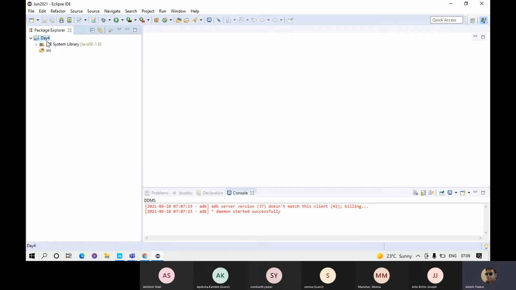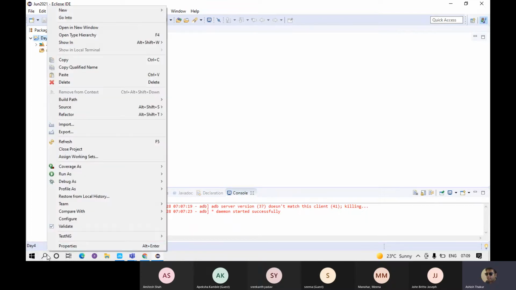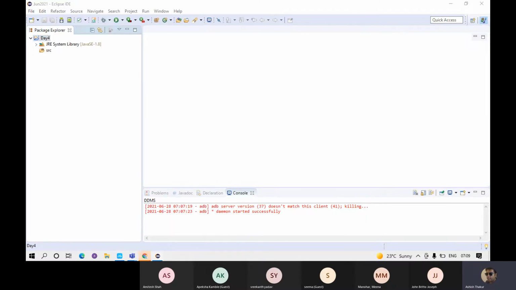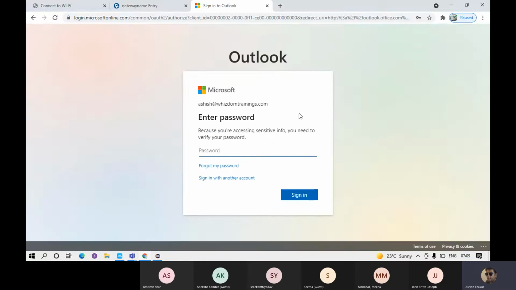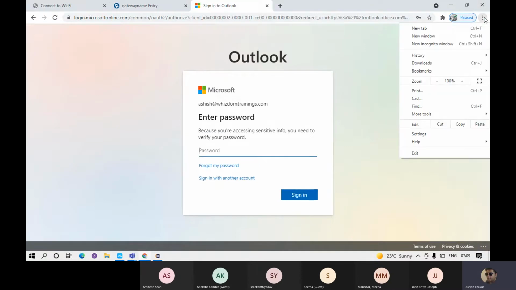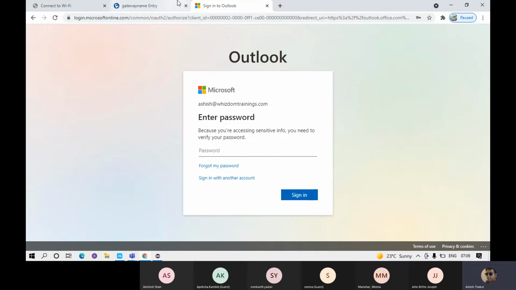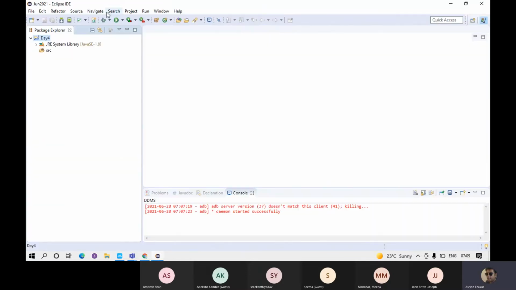This is the project. Now once we have launched the browser, and gone to a website, what we need to do is investigate the web page, or interact with the elements on the web page. How do we do that? If I simply go and write a program over here,